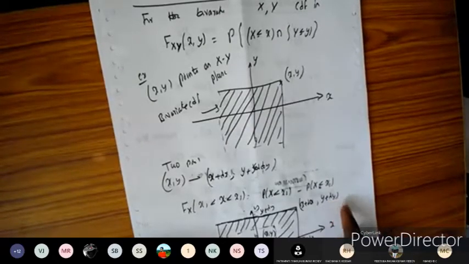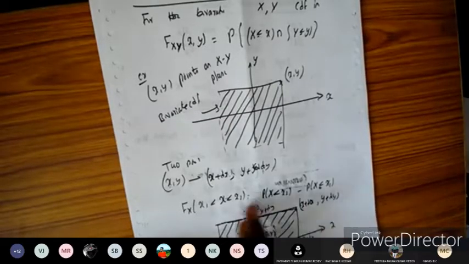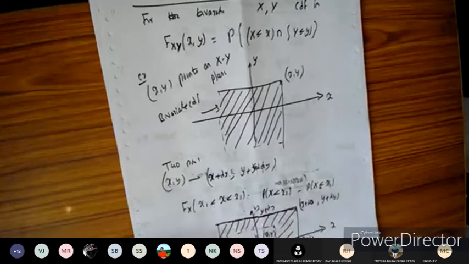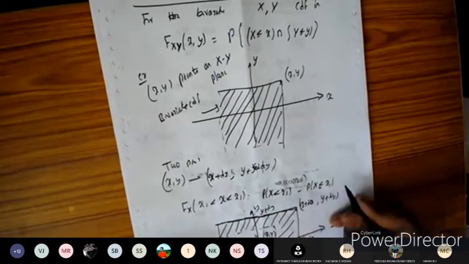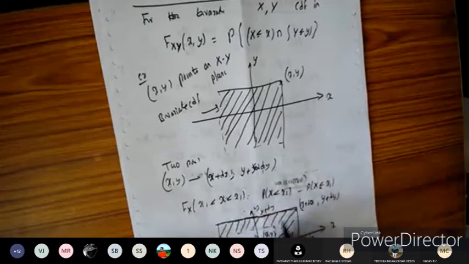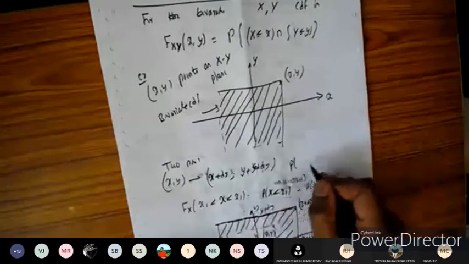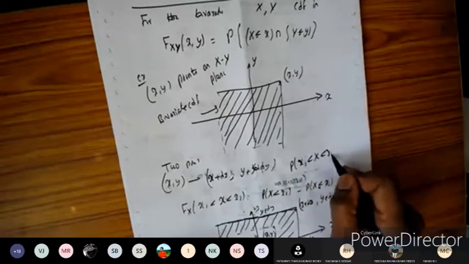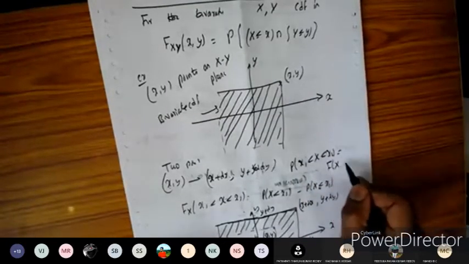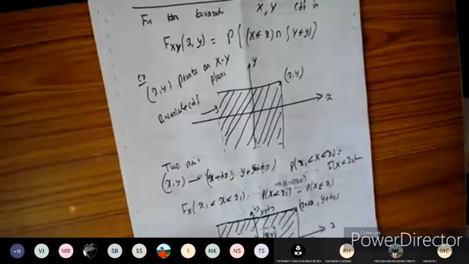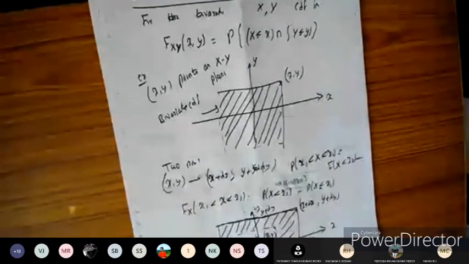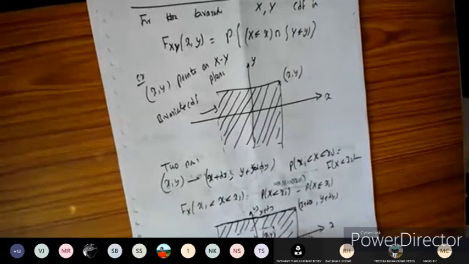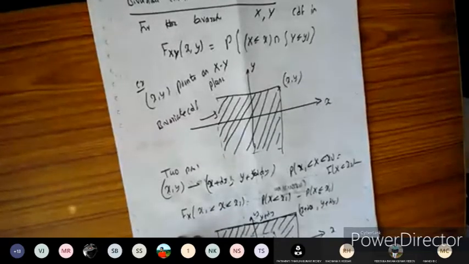So I'm going to consider the area between these, and we are going to evaluate the PDF of this. In the last classes we have seen the problem which lies like this. Now I'm interested to find the probability that x1 is less than X is less than x2. This is nothing but F of x2 minus F of x1. Similarly, we are going to find the probability like this. Getting the concept now?